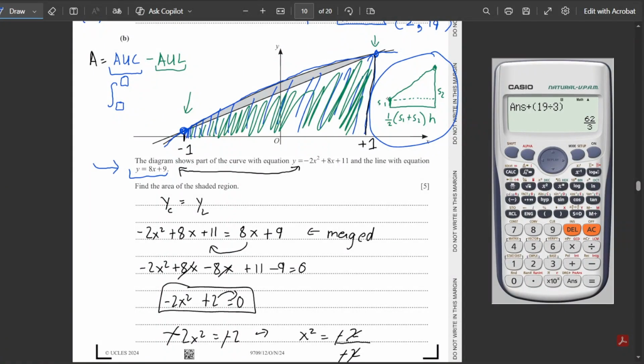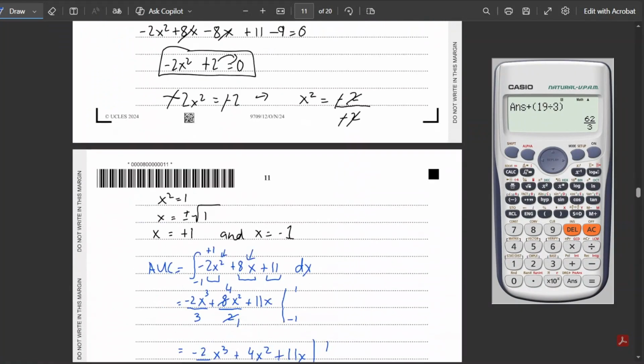I have to find the side 2. I would have to find out how much this y value is, and then to find out this side, I will have to find out what the y value is over here. And to do that, I will have to use this equation. First put in negative 1 over here, then put in positive 1 over here, then find out what my y is going to be. I personally feel like that's going to take longer, so I'm just instead going to use